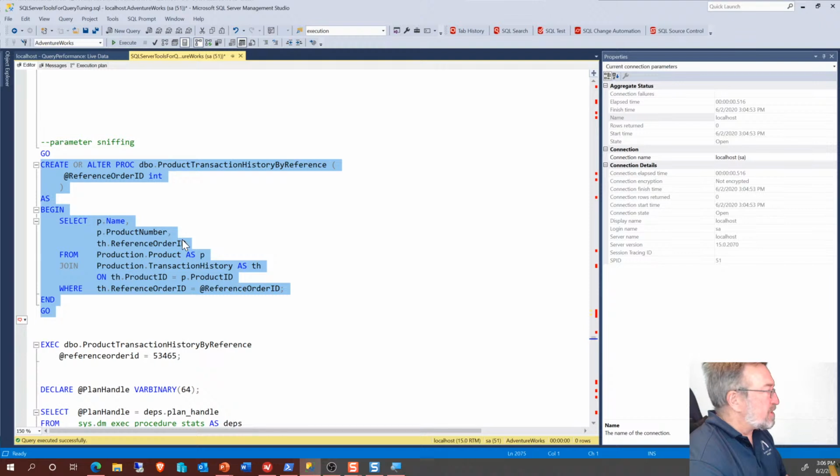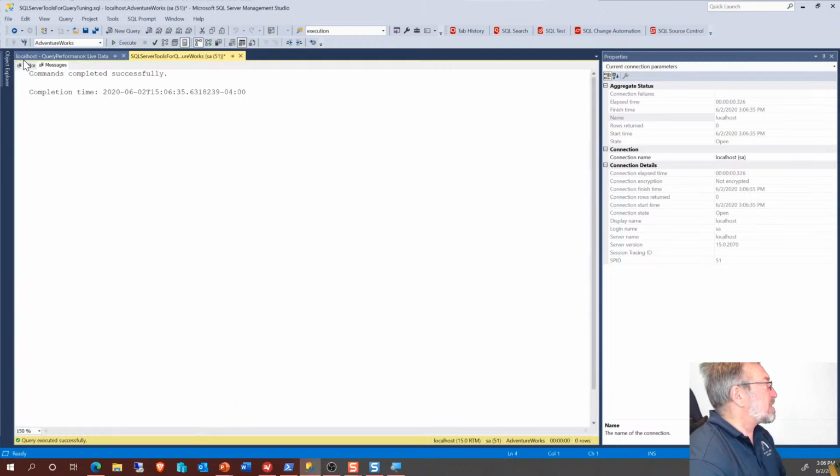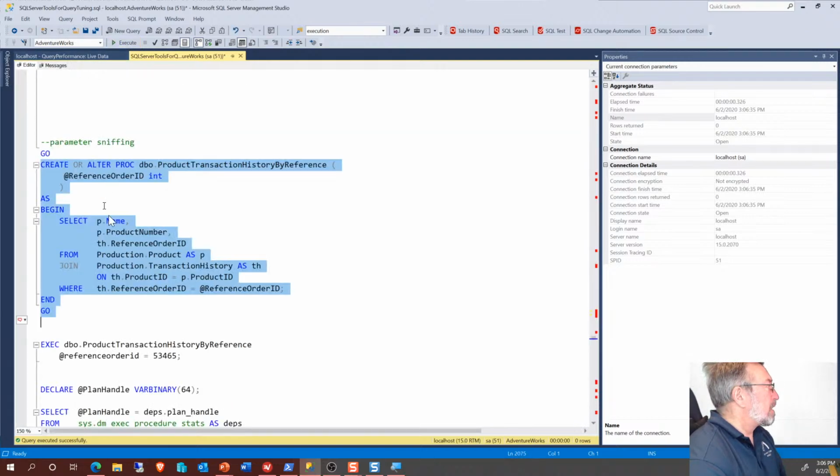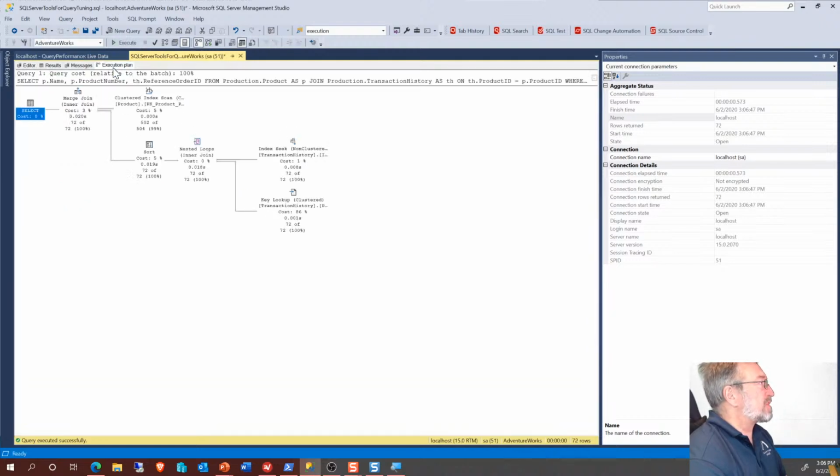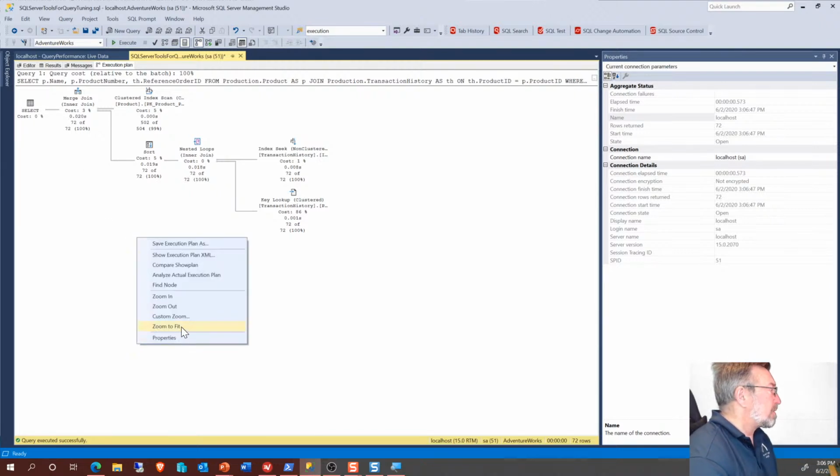I've got a very simple stored procedure. It's not complex, intentionally kept simple. We're going to execute it to make sure it's there. Awesome. Now, I want to capture the execution plan, and we're going to take a look at it and look at a few things intentionally with some forethought. Now, the plan itself